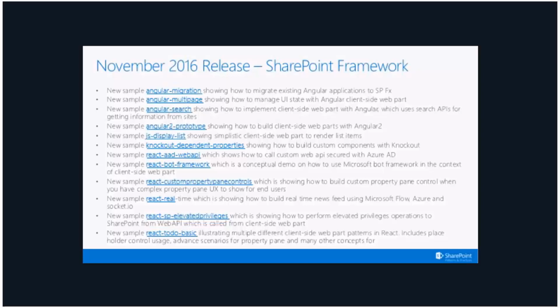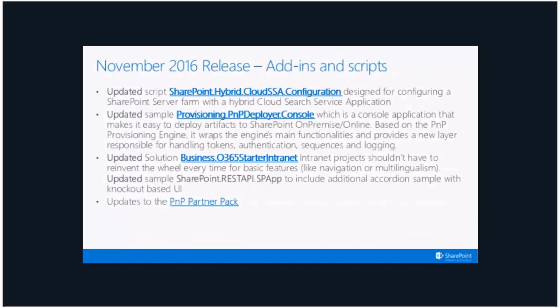And there's quite a lot of React samples which are showing different elements and different aspects of SharePoint Framework development. On the, let's say in quotes, the classic PnP, which is more around SharePoint add-ins and remote APIs, not a massive amount of changes, but some updates on the existing scripts, for example, for the hybrid cloud search service application configuration. Updated sample for the provisioning PnP deployer console, which is around provisioning stuff for SharePoint Online and on-prem. And the Office 365 Starter intranet, which is one of the most popular samples we have currently,